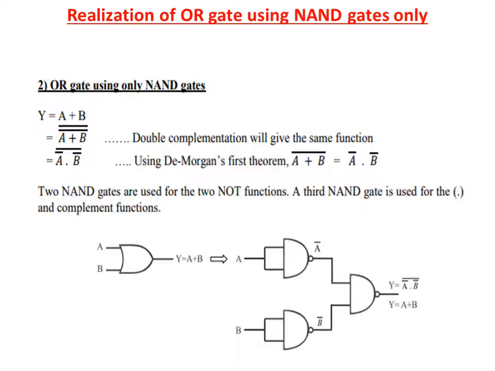For that we are using the single input NAND gates. So input A is given here and input B is given here. Output we are getting as A bar, B bar. Now we apply them to another two input NAND gate. So we are getting the output as Y is equal to A complement dot B complement, and this bubble gives one more complement, so the whole complement. Now we are using De Morgan's theorem. So A double complement plus B double complement gives A plus B. So the OR gate is realized using only NAND gates.